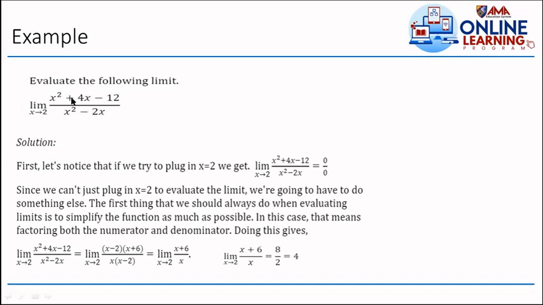The same with your numerator: 2 squared is 4, plus 4 times 2 is 8. So 4 plus 8 is 12, minus 12, we have 0. So when we look at this, our numerator and denominator are both 0. So, as I told you, since we have a 0 in our denominator, we're going to factor